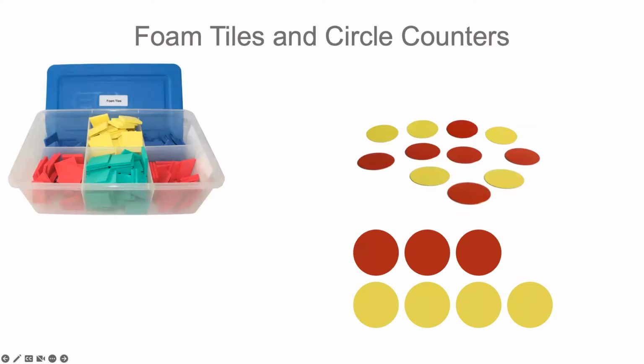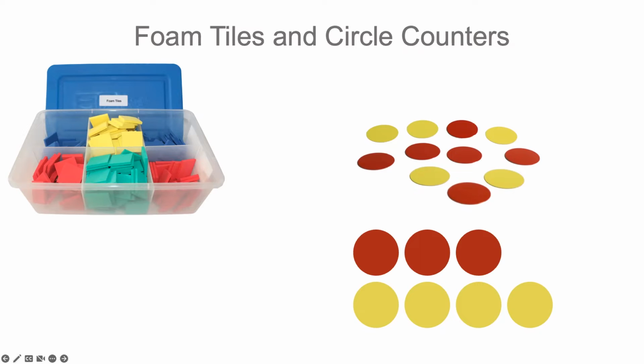The foam tiles are another great counter for sorting, matching, counting, area, and when completing problems within the 4 operations. There are 200 foam tiles in your complete set. You will find yellow, red, blue, and green foam tiles. The tiles should be stored in the container they were shipped in, and the corresponding label can be placed on the